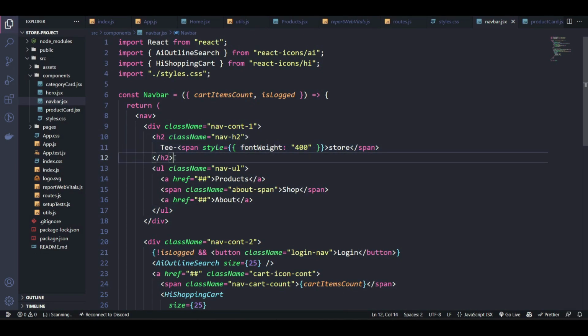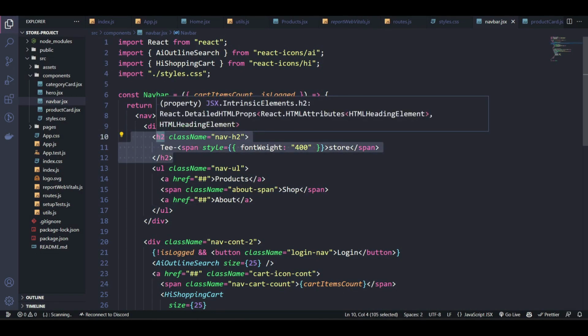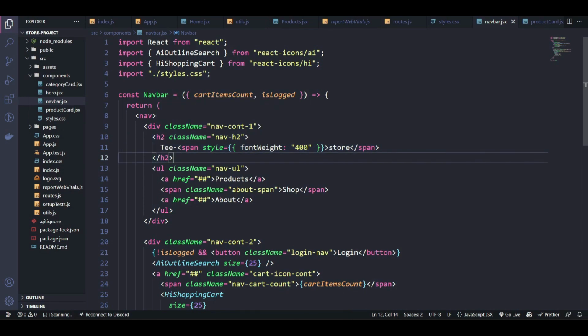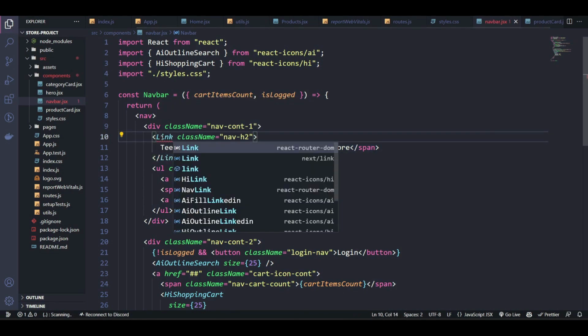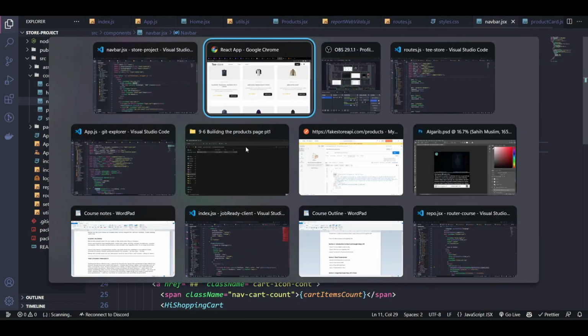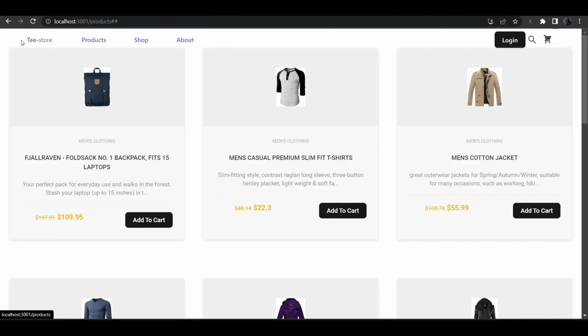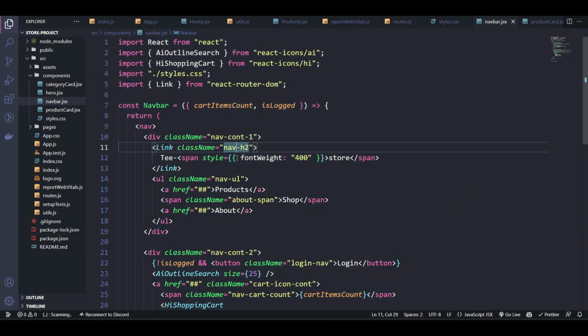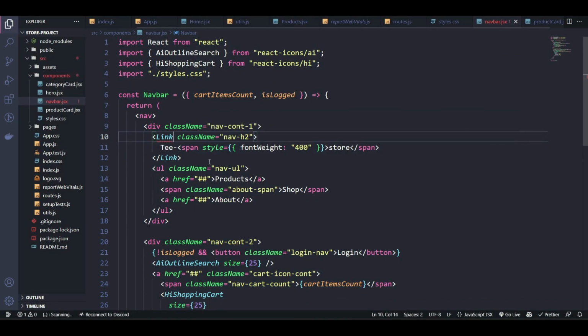So since a link tag is just React Router's a tag that handles navigation, if we were to change this to a link tag, it's going to change the styling for us. So let's see what it looks like. You see, it changed the styling for us, and this is too small, right? So we want it to be big. So rather than actually making a CSS for this, we are just going to leave it at h2,